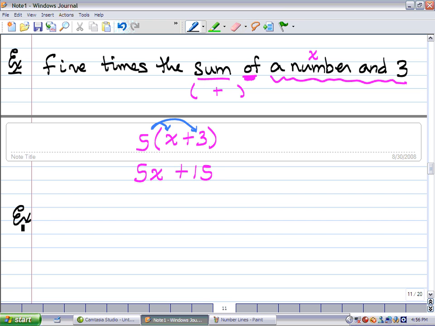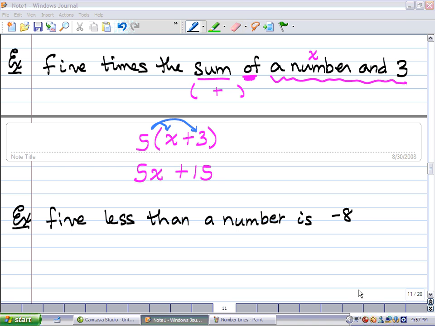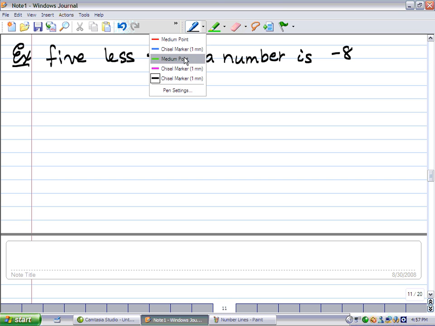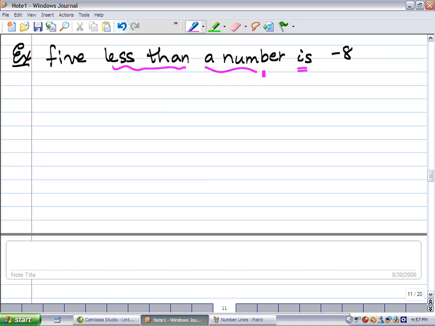Okay. Let's get an equation. See if we can solve it. 5 less than a number is negative 8. 5 less than a number is negative 8. When you see a number sentence, of, I said, means multiplication, is means equals. So we're going to put equal signs for the is. 5 less than, remember the less than, we're going to use that in the opposite direction. So x minus 5